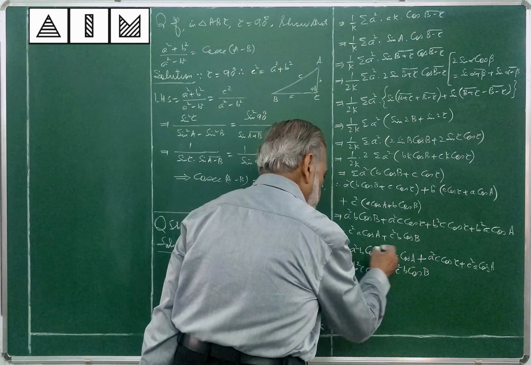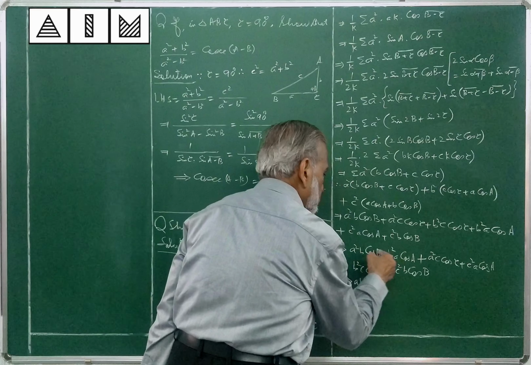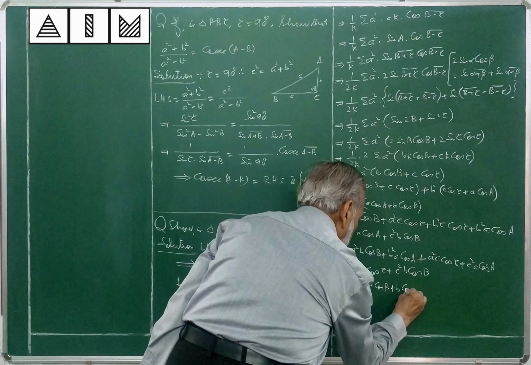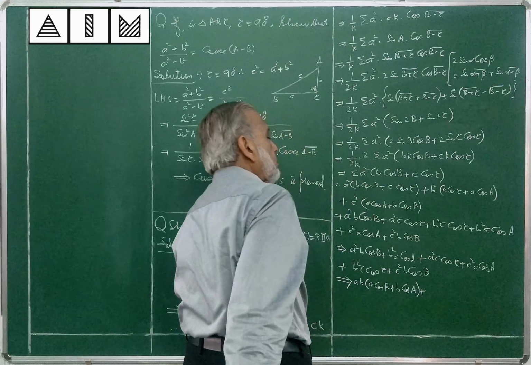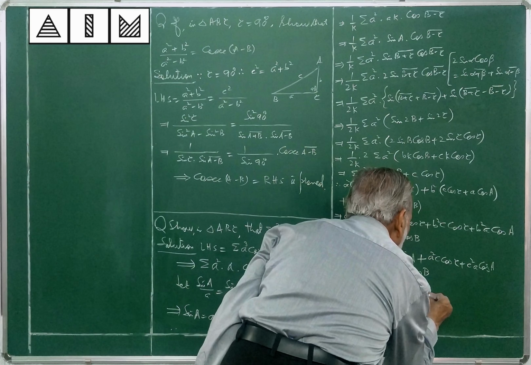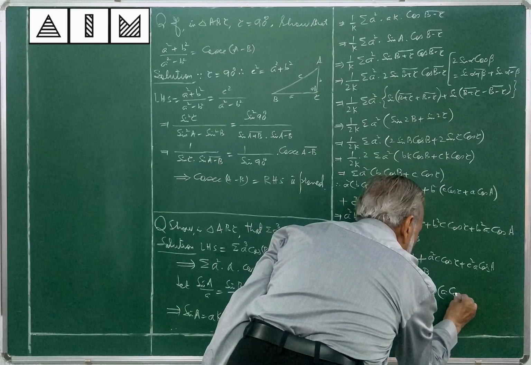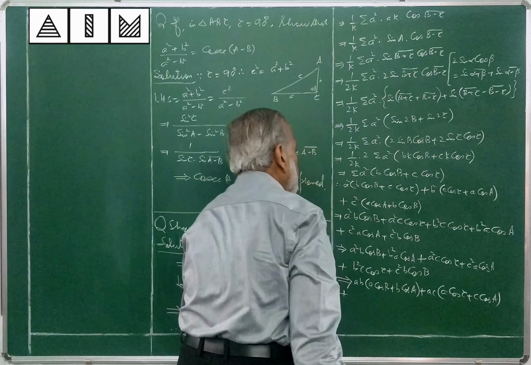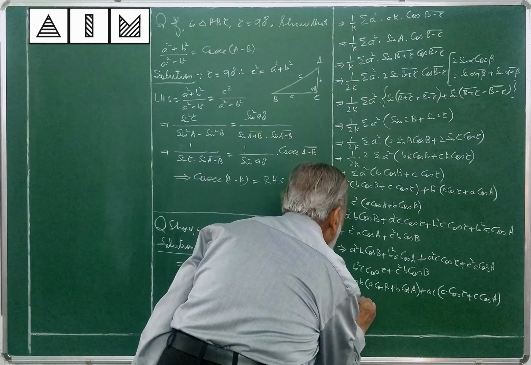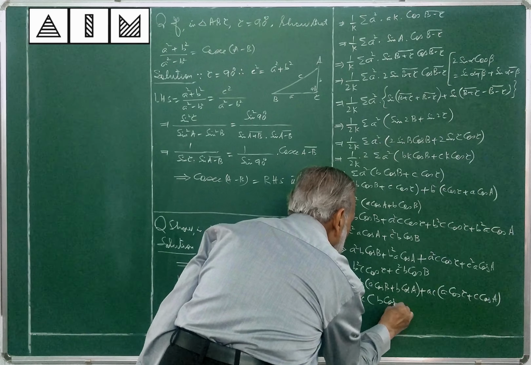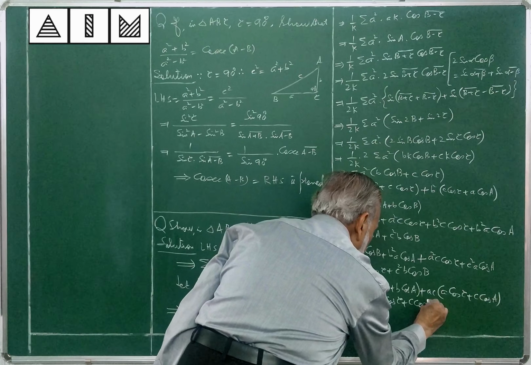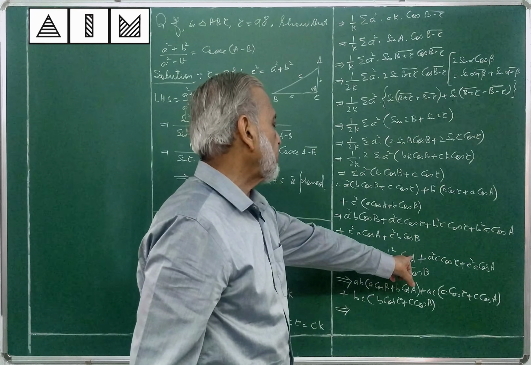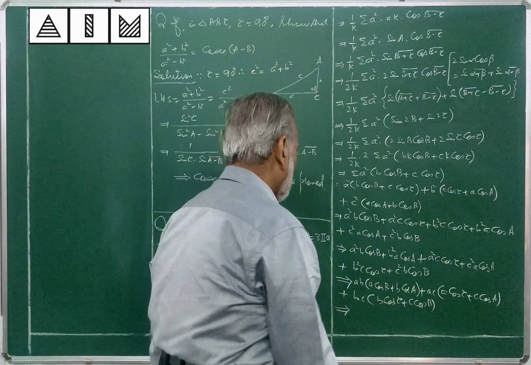Now in these two terms, first two terms ab is common. So what is left out inside? a cos B plus b cos A. In the next two terms, ac is common. a cos C plus c cos A. In the last two terms, bc is common. b cos C plus c cos B. So ab into (a cos B plus b cos A). Similarly, ac common, similarly bc common.